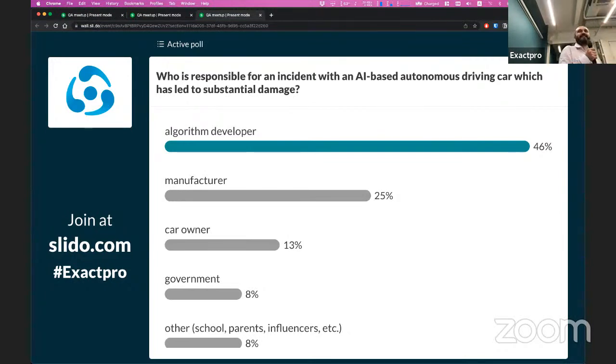So no one considers himself responsible. So you believe the algorithm developer? No, but again, it's less than 50%. So you believe QA is responsible? Okay, QA is just part of a manufacturer team. So they are kind of,